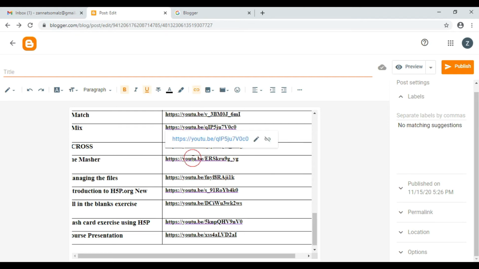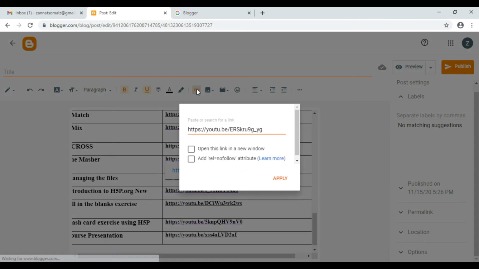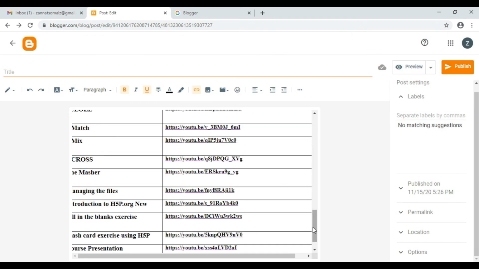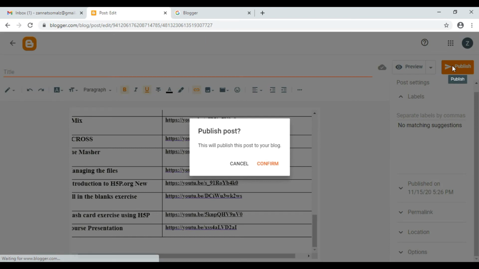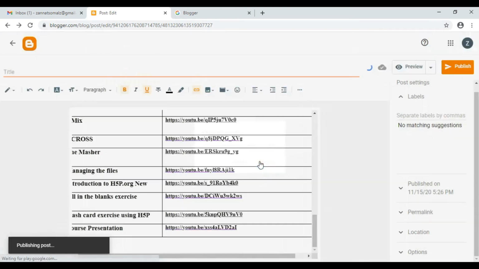But if you find that the links are not working, this does not get activated, then what you have to do is you are to cut it from here and use this symbol to paste the link here and then apply. Now once you finished pasting the contents in your blog, you can publish the contents, confirm.